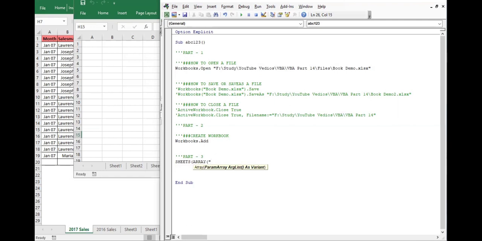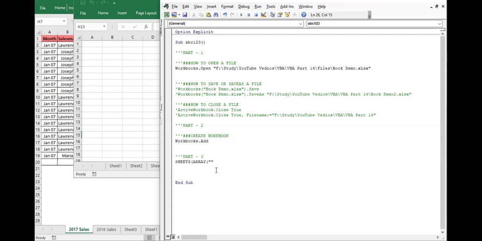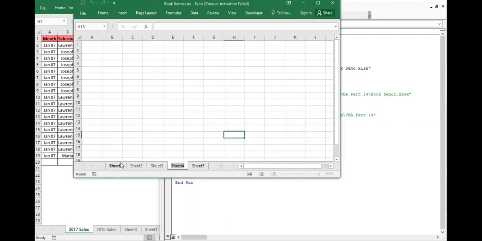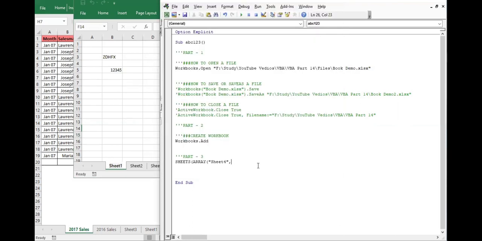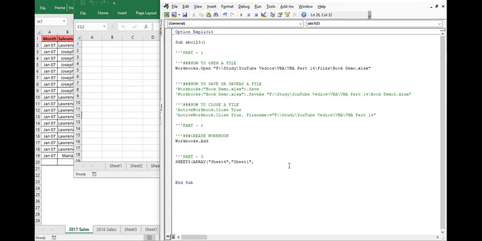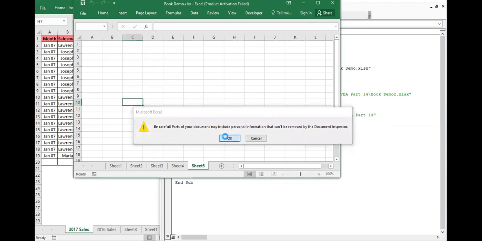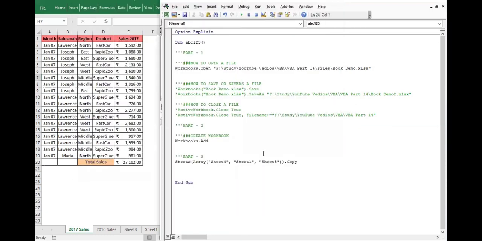Then just mention the names of the sheets here, for example, sheet 4, comma, sheet 1, and then sheet 5. If I want to copy these, I close the bracket, dot copy. This will create a copy of those sheets. Now it's time to execute this. I will close the file. If I run this,